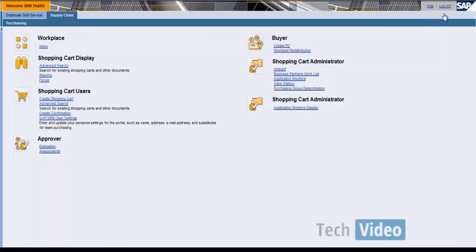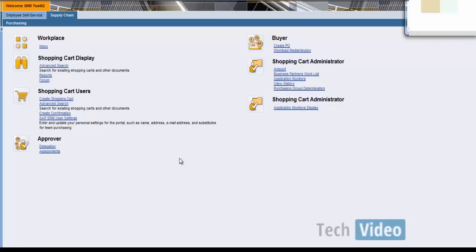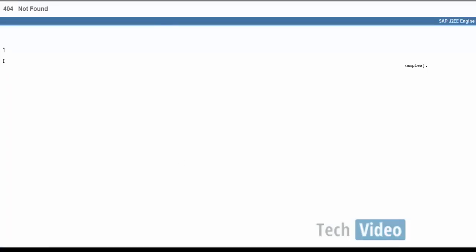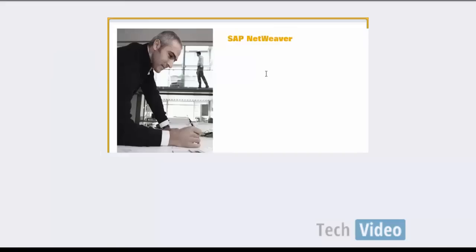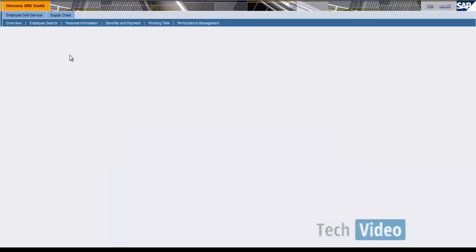Okay, so I'll just log off from this again, and we'll simply try to see how the shopping cart is reported in the inbox of the user. So I'll log in from the approver ID, that is SRM_05, and let's click on inbox for the user.